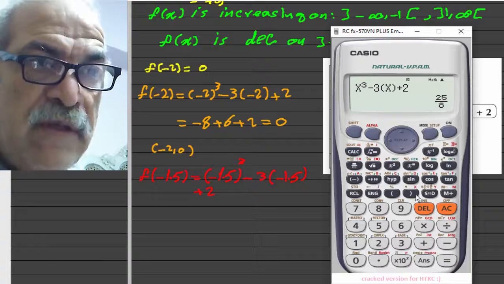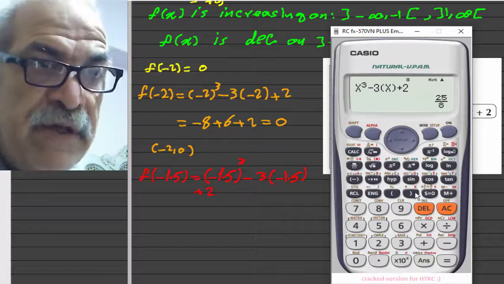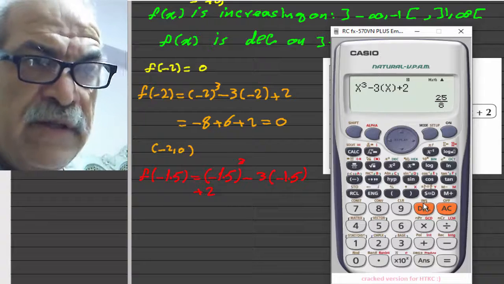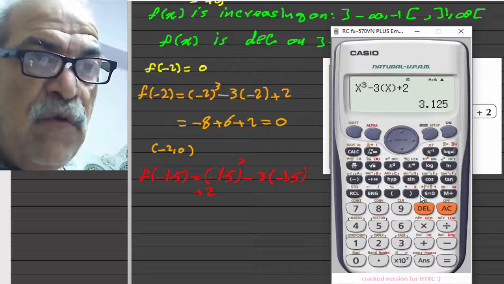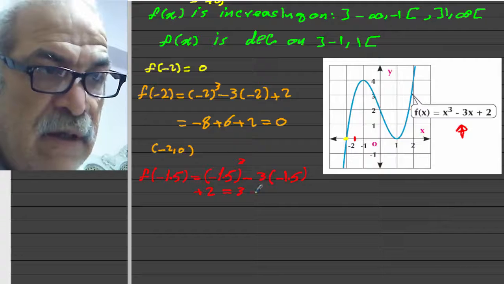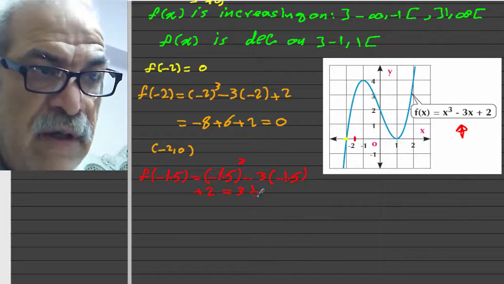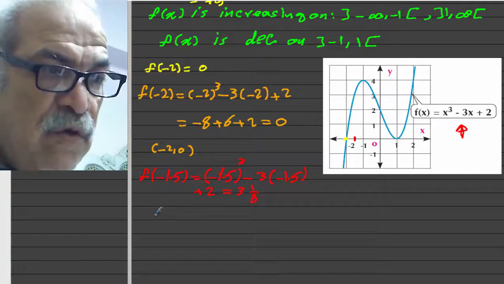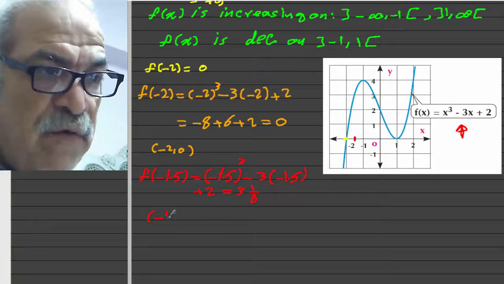The result equals 25/8, which equals 3 and 1/8. So we have the point negative 1.5